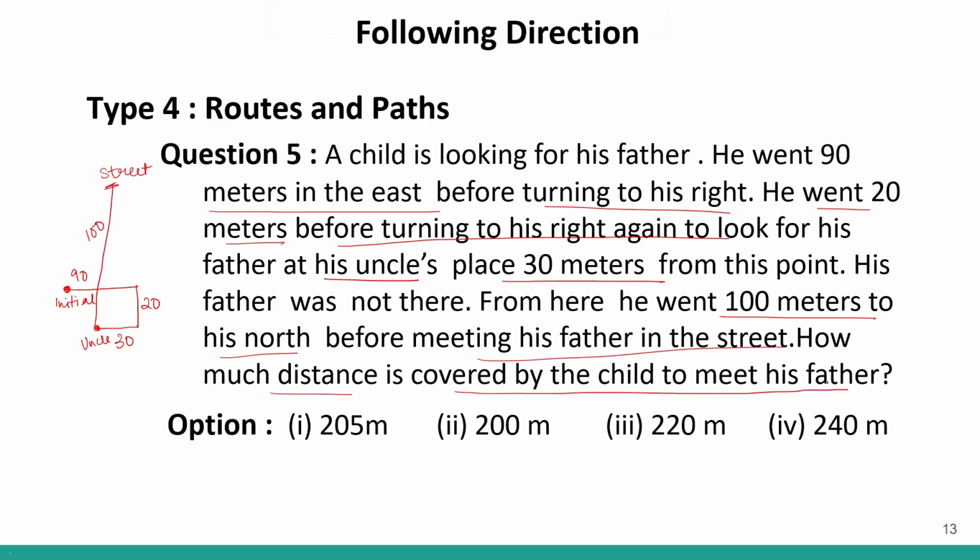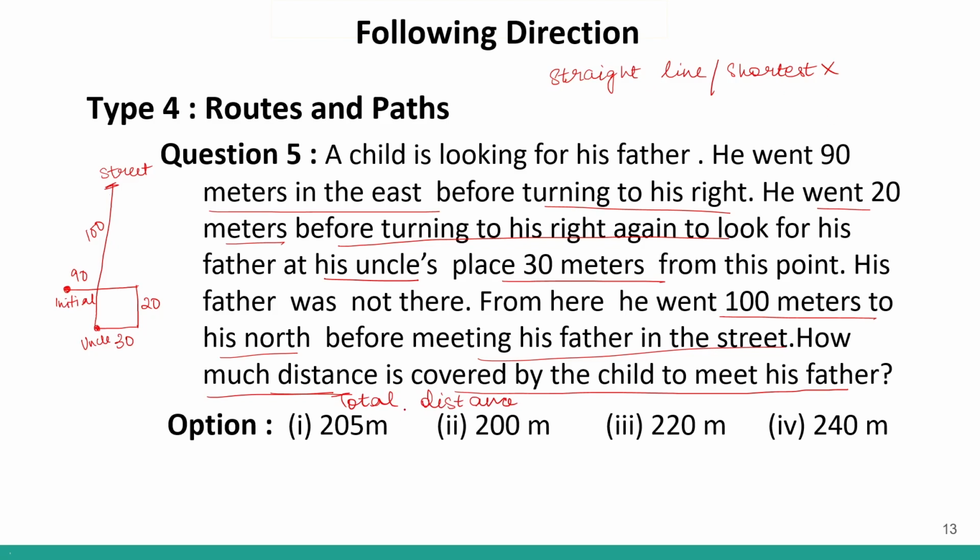So the total distance. Over here, we are not saying that we have to find the straight line distance. If we had to find the straight line distance, that means the shortest distance. So this is not mentioned in the question. The question says how much distance is covered, so that means total distance. Until and unless it is mentioned that we have to find the shortest distance or the straight line distance, it